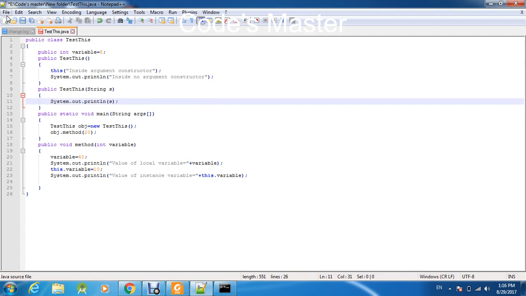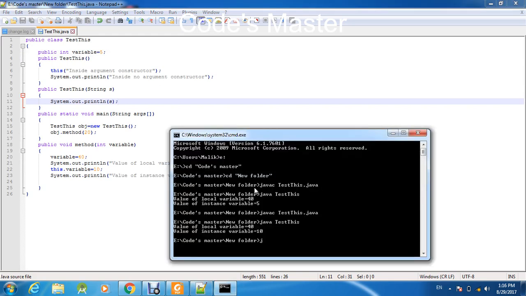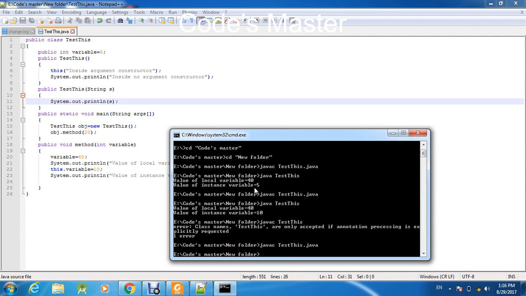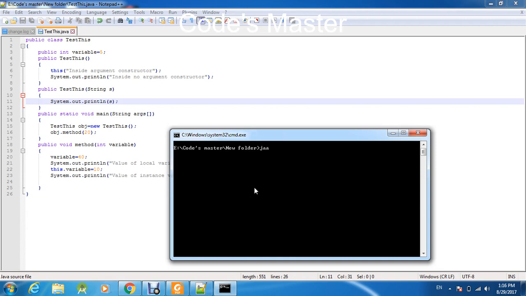First you need to save the file, then again compile it. Here is the this keyword inside the constructor, the use of this keyword. Compile: javac TestThis.java, then java TestThis. Here you can see, inside argument constructor,